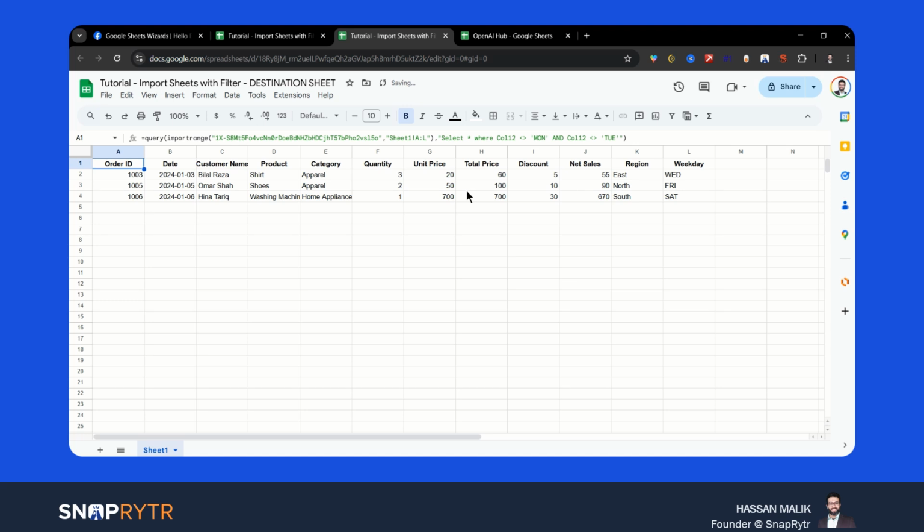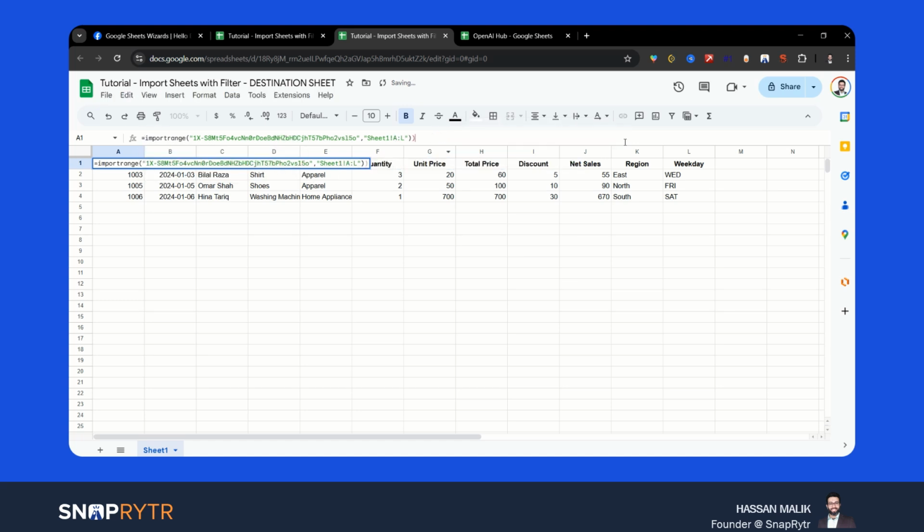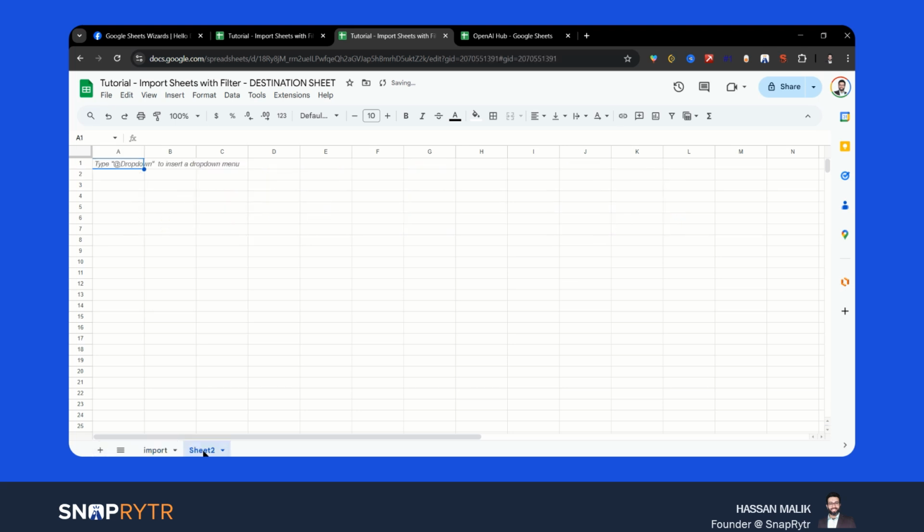If you're not happy with this solution, you can remove this from here and paste it as is and name this sheet import. Now add another sheet, and this is filtered report, and now you can query this data,